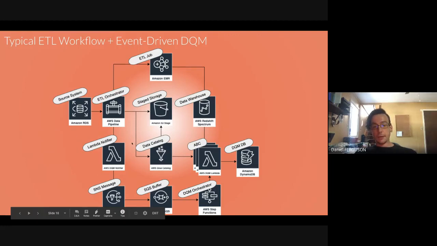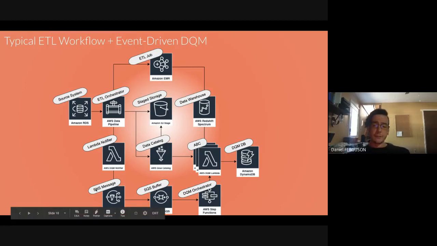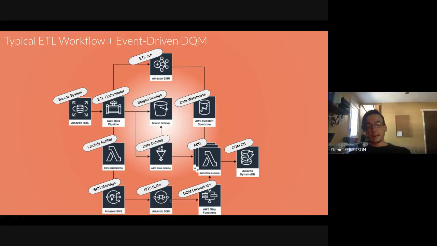The ETL orchestration looks much the same as what we had before, except you have a Lambda notifier that runs as a separate task inside your data pipeline, where it just spits out an event that says, hey, this ETL job is running. I need you to run data quality on it. The SNS topic receives the message, and SQS receives that message on that topic.